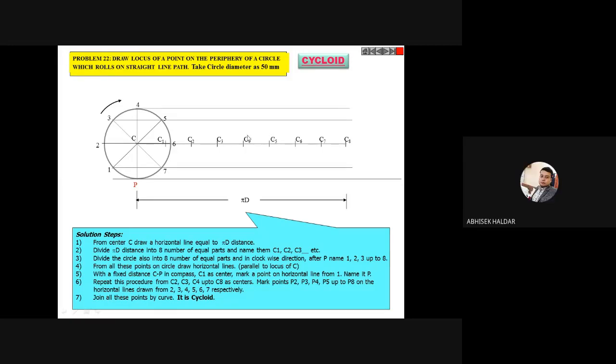Now I'm coming to the last step of this problem, because my main goal was to trace this point P. I'll be trying to trace it now. Take your compass. Okay, listen carefully. Take this length CP in your compass. CP length means the radius of the circle. Take this much length in your compass.